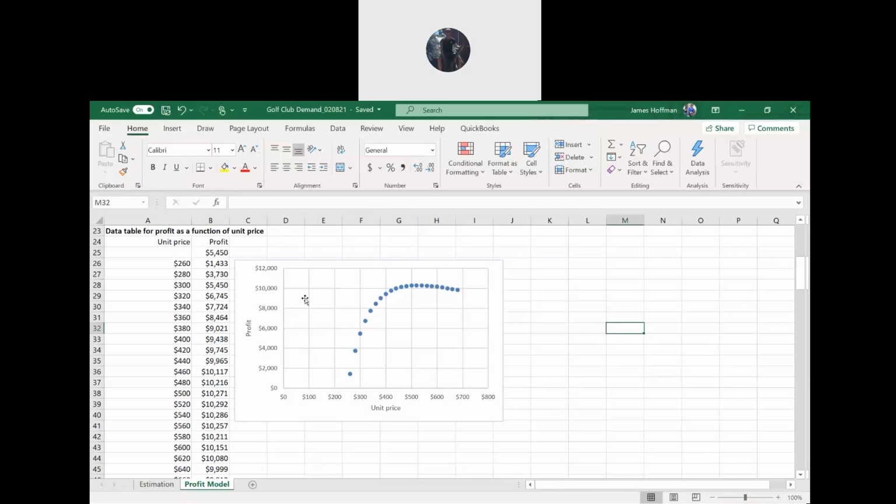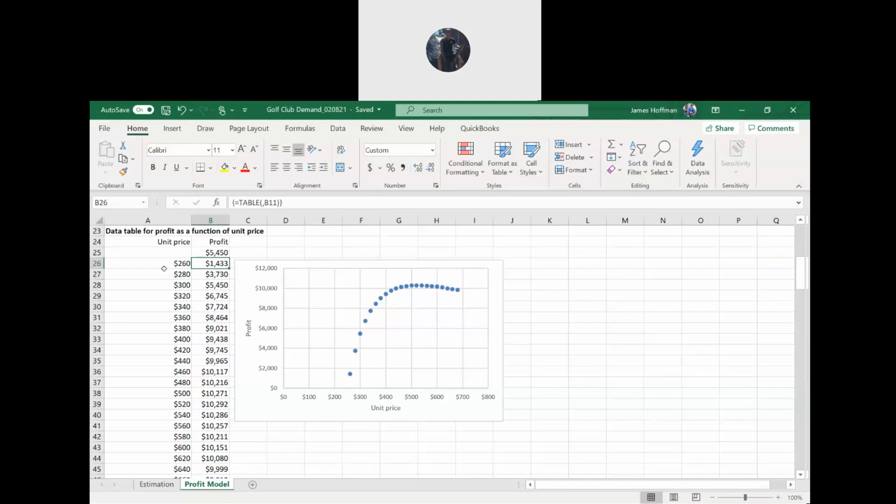Okay, all right, so we're good, we got the scatter plot here. Okay, next final part, we're still on step 11, and it's hard to see which exact unit price is the best because it's somewhere around here, but let's go ahead and use the conditional formatting shortcut to give us the highest profit. And so if you want to select B26,